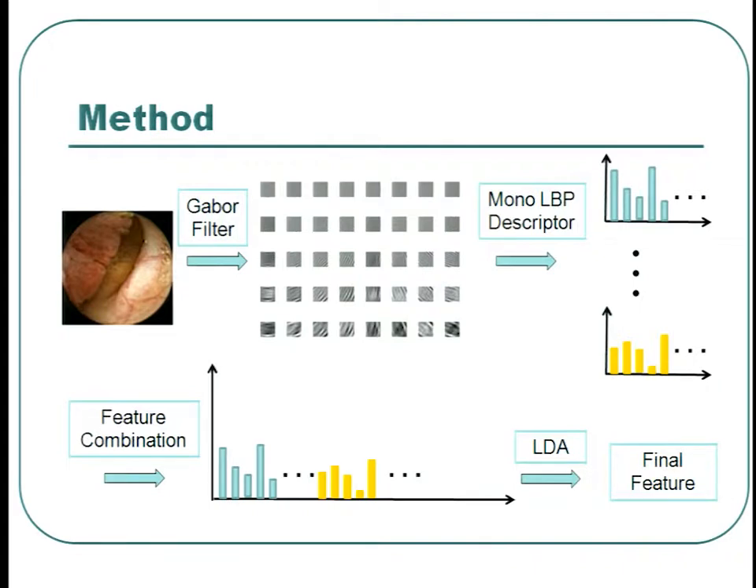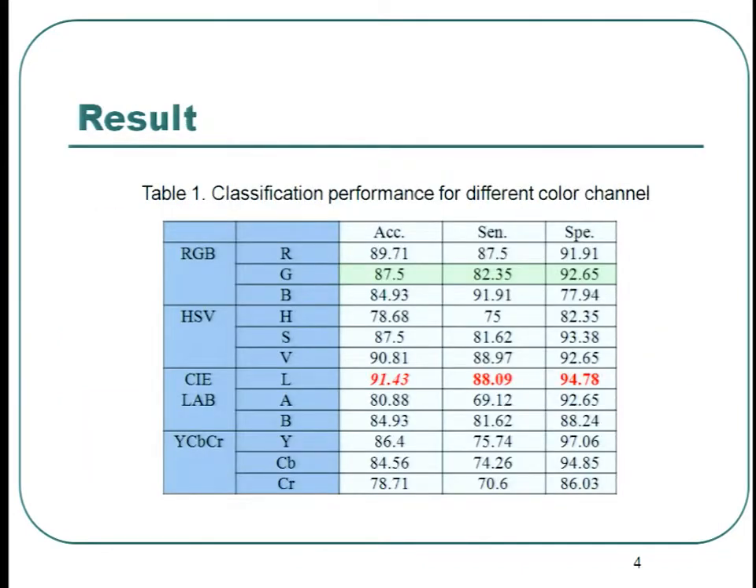And we know that WCE images have color information, so we investigate the proposed feature in different color spaces like RGB, HSV, LAB, and then conduct experiment using 413.6 normal images and 413.6 abnormal images. This is our result here, and this shows classification performance for different color channels. We can find that our best performance can be obtained in the L component in the LAB color spaces. Our result is very inspiring, showing that